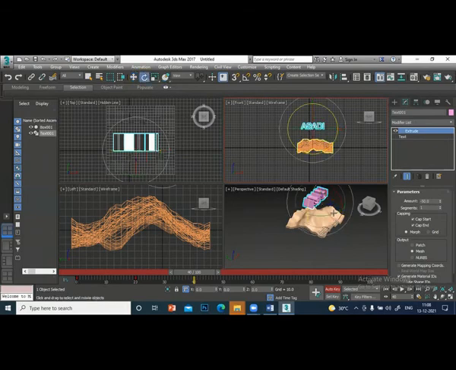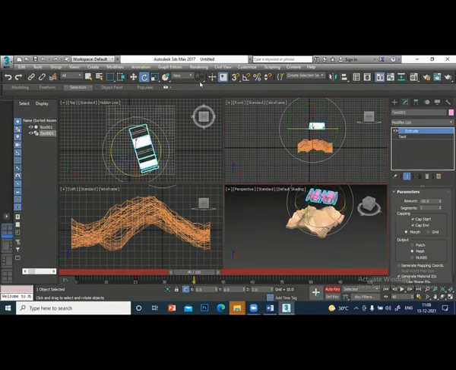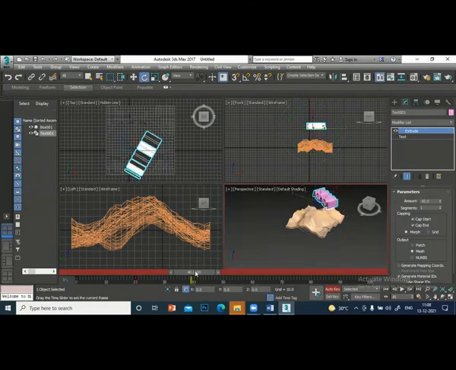Rotate. You have not learned rotation, don't worry. I rotated like this.